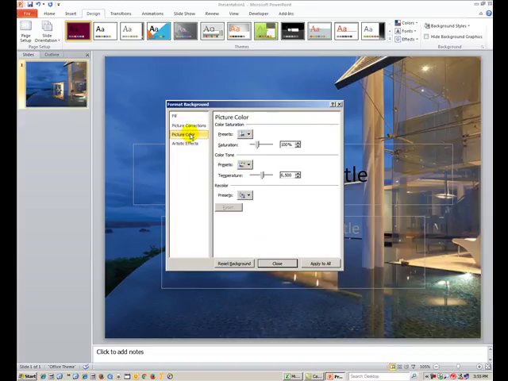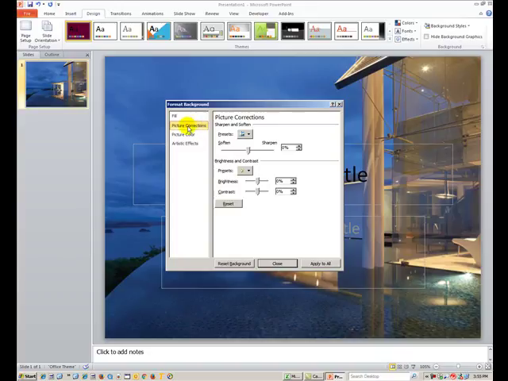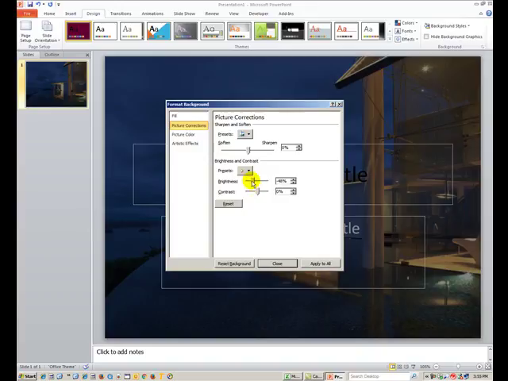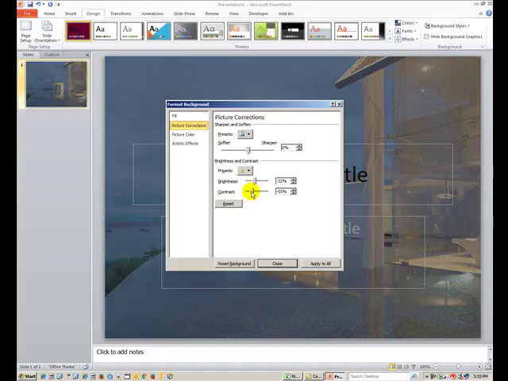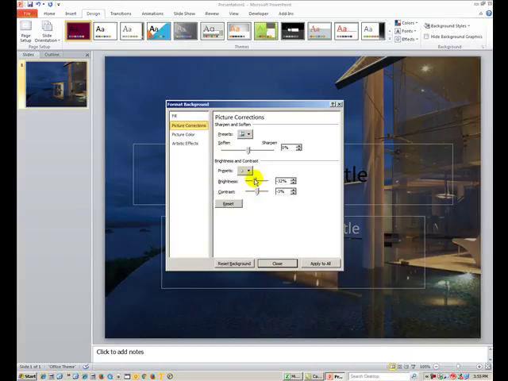Sometimes you may want to go down to, let's see, picture color. You can adjust these saturation levels, and if it's hot or cold looking as well. Picture corrections. Oftentimes, if a background needs to be softened, like it's going to compete too much with the foreground, then you might want to turn the brightness down and make it darker. If you need to do that, that's just a real easy way to do it. It keeps you from having to take it into some image processing program to darken it. So you can just darken it right from PowerPoint, which is nice. Or if you want to turn down the contrast, you can always do that with that next slider bar down. Okay, so those are just some really good options